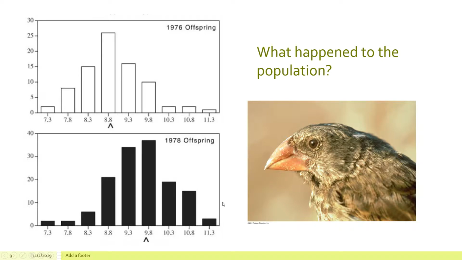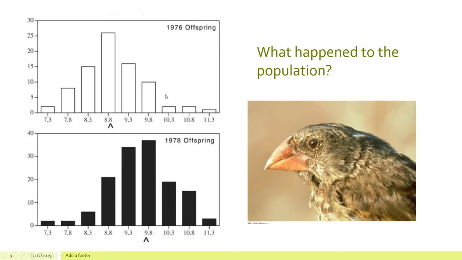And you guys could speculate of why, since I'm not there to ask this question and get your feedback. But basically, the bigger the beak size, the better, because all the little seeds populated during that time were eaten up real quickly. Because of the drought, the plants did not make more seeds and food for the finches to eat. And so what was left was the hard seeds from bigger trees. And so the bigger the beak size, they were able to crack into those seeds and survive more.